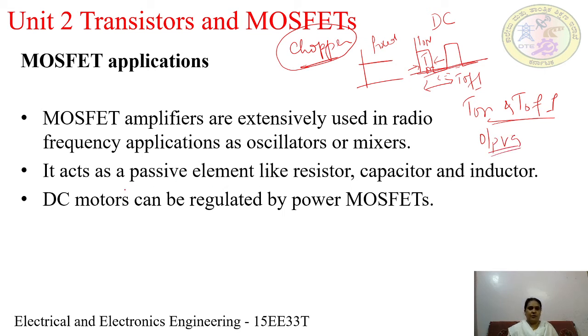So also for power regulation, medium capacity DC motors, not very high capacity, medium capacity or low range DC motors or DC generators are controlled by the power MOSFETs. They are nothing but the MOSFETs, the same operation, but they are operated at the power level. Power level in the sense 230 volts or 440 volts or 50 hertz. It is called the power level, and 5 volts or 10 volts or 15 volts, they are called